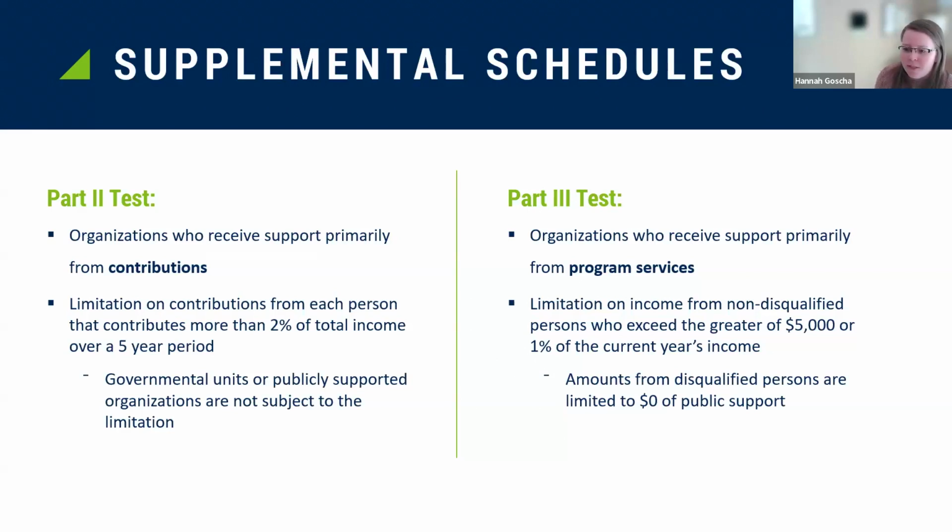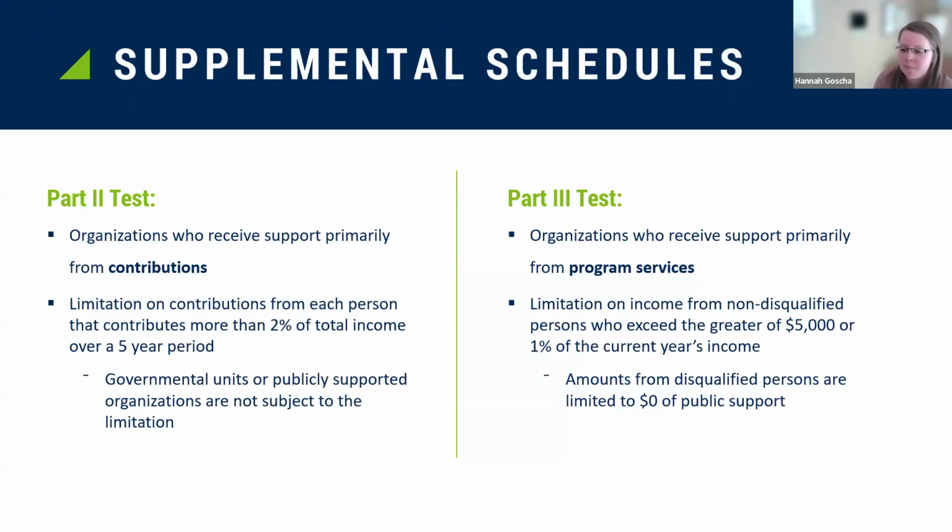And then they each have a limitation on the donor contributions. So with the Part 2 test, it limits the contributions from each person to the amount over 2% of the total income over a 5-year period. They do get 100% of the donations from government units or other publicly supported charities, counting towards their public